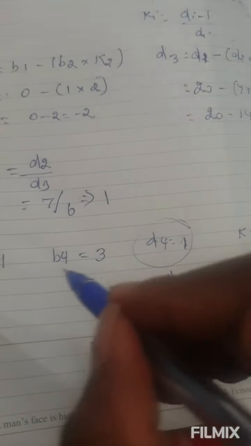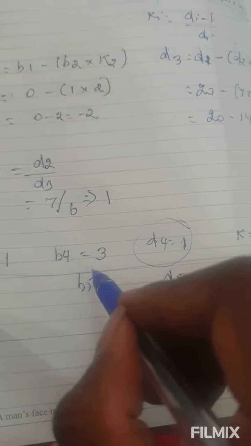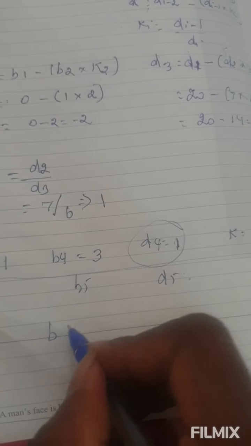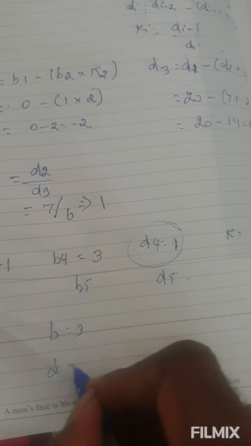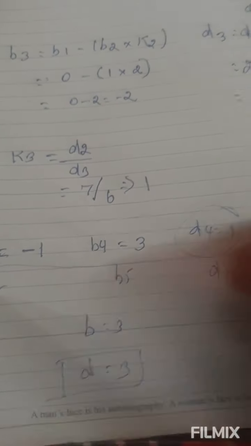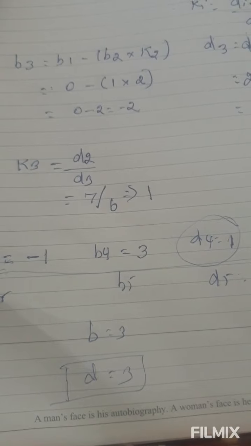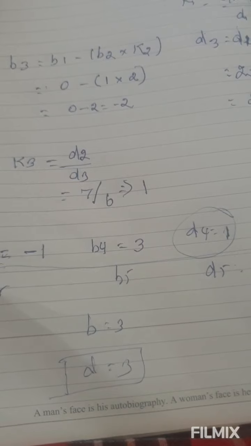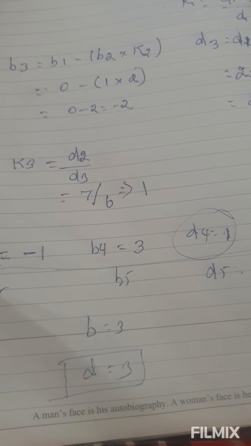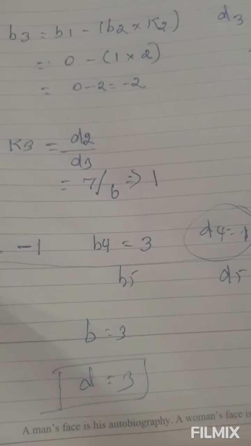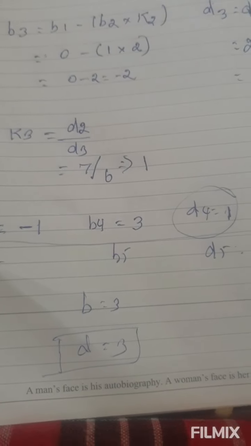So in that row, what is the value of b? The value of b is 3. So consider b equal to 3, then d equal to 3. As we said earlier, E is the public key and D is the private key. Now we have the values of n and phi of n, which we already calculated through P and Q. Then now we have the value of E and the value of D.